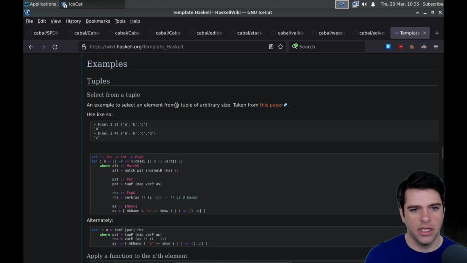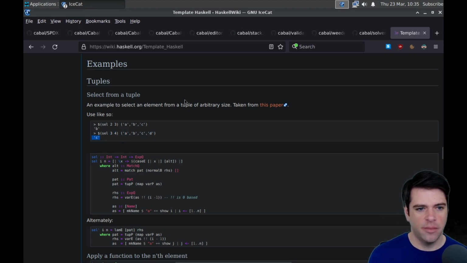An example to select an element from a tuple of arbitrary size. Use like so. So we're going to have this cell23 thing, and it's got a $ sign in front of it. And we're going to apply it to A, B, C as strings, and it's going to return B. And if we call cell34 A, B, C, D, it's going to give us C.